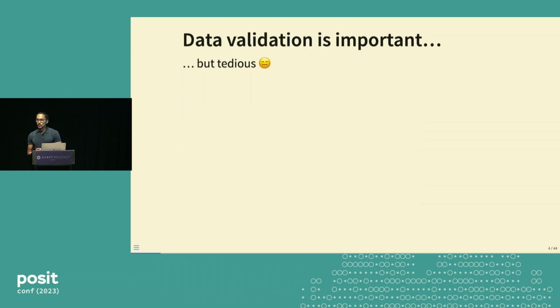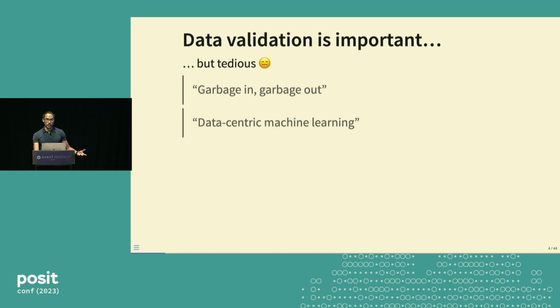So we all know that data validation is important. And we all know that it's tedious and often thankless, right? When we first learn any kind of CS concepts, we might have heard of garbage in, garbage out, data-centric machine learning is a more recent buzz phrase, and data as code. And all of these sayings in the field point to data as one of the primary resources or assets that we use to get value or to deliver value. But